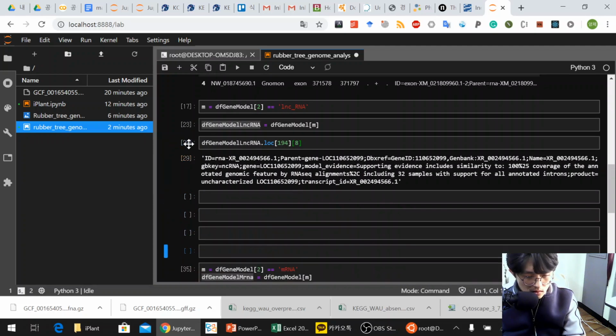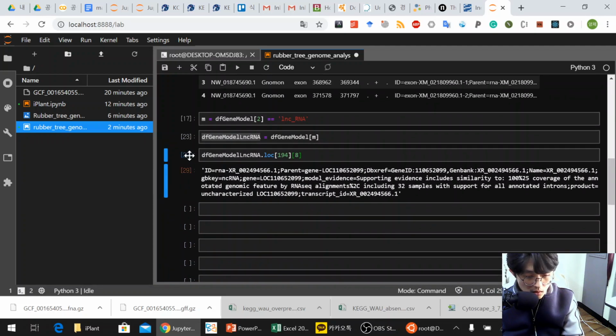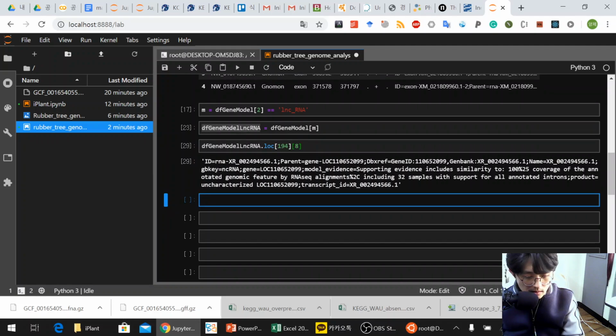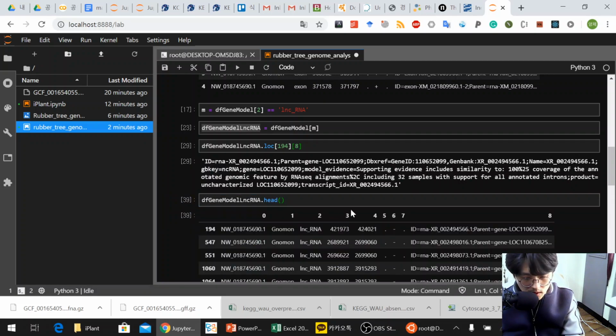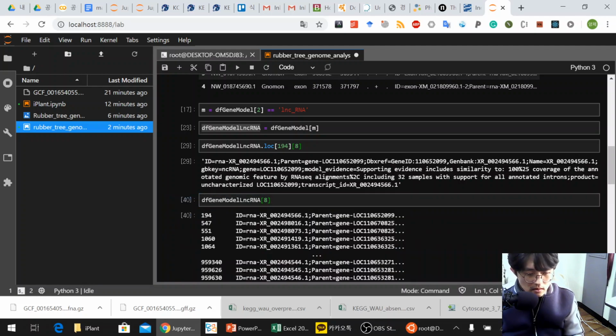So going back to long non-coding RNA, if you push the B button, then you can add many blank boxes. Let's parse 8.1. So the eighth column is selected. Then we will apply some kind of function. This function is determined by lambda grammar. So x should be